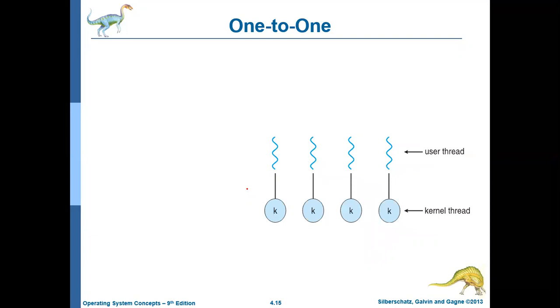The second threading model we'll be discussing is the one-to-one threading model. So in a one-to-one threading model, every user thread will be connected with a separate kernel thread. That is, each and every user thread will be mapped to an individual or a separate kernel thread. So again, this model also has its own advantage and disadvantage. The advantage of this model is it can support parallelism.